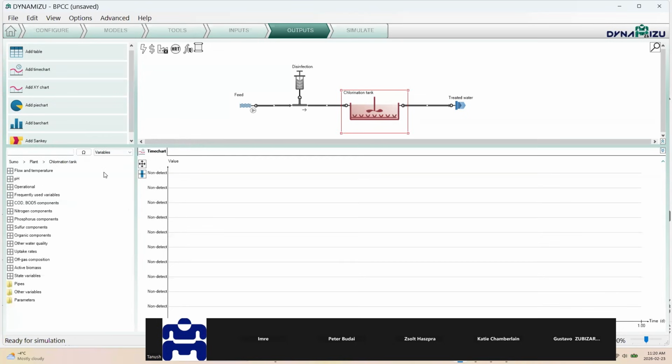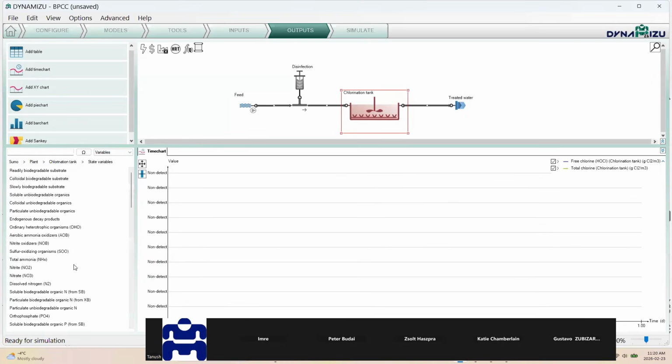All right. So in the output tab, I'm going to go to state variables, or I believe we can also go to other water quality parameters. So I'm going to click on other water quality parameters. You can see free chlorine is right there. So I'm going to get that. I'm going to get total chlorine. And I'm going to get some of these other species, which are available in the state variables. So I'm going to go to state variables